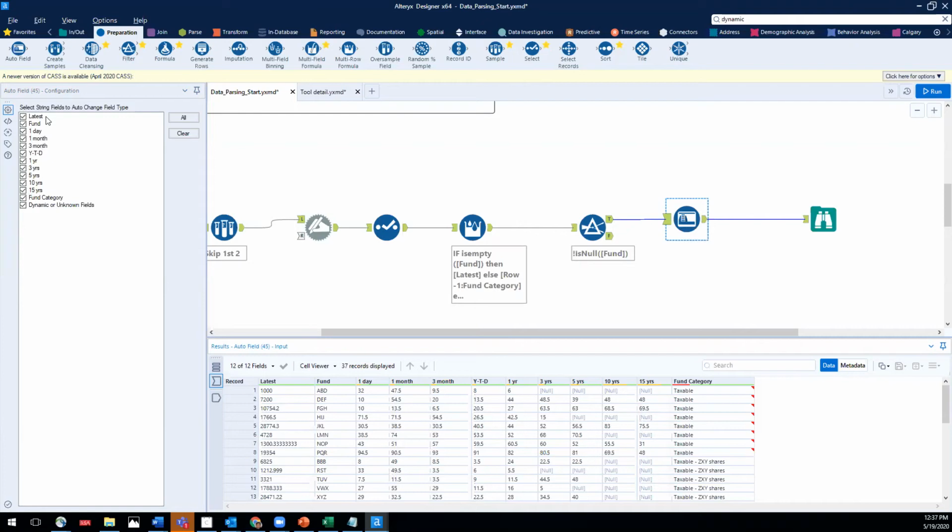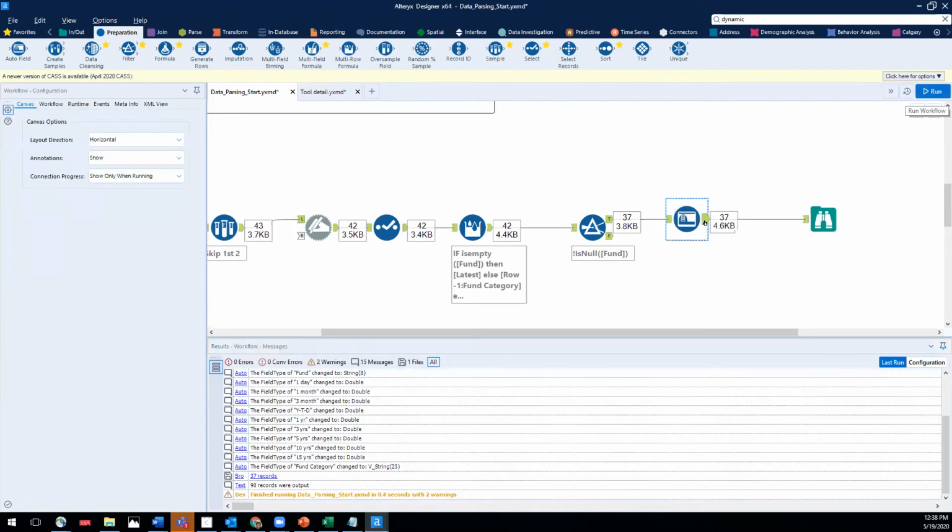So in effect, what this tool does is it looks at all the data in your data set for that particular column, and it says, okay, what's the most efficient data type that can hold the information that's given to me in this column? And so it'll change the data type to match what your data will support. So if we add this tool to the workflow and we run it,